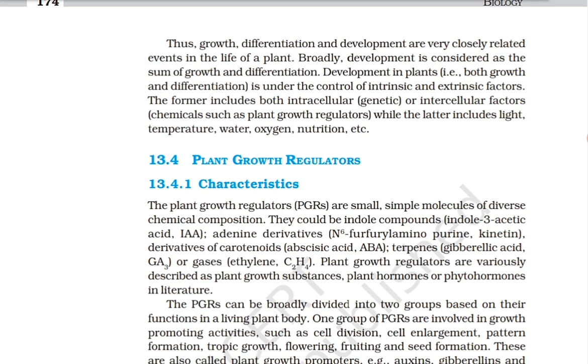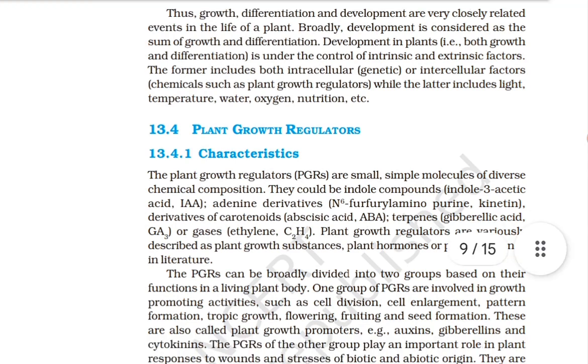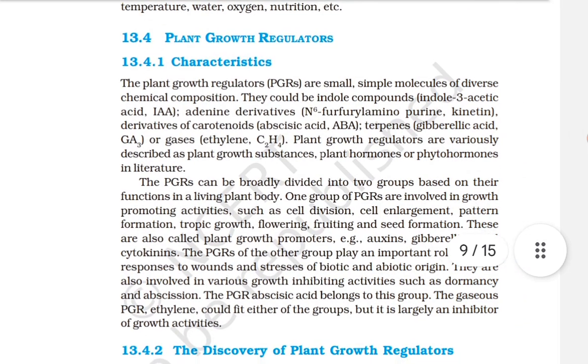Next is plant growth regulators. So starting with characteristics. The plant growth regulators, PGRs, are small, simple molecules of diverse chemical composition. They could be indole compounds, indole 3-acetic acid IAA, adenine derivative N6-furfuryl aminopurine kinetin, which is an adenine derivative, or derivative of carotenoids, that is abscisic acid ABA, and terpenes, gibberellic